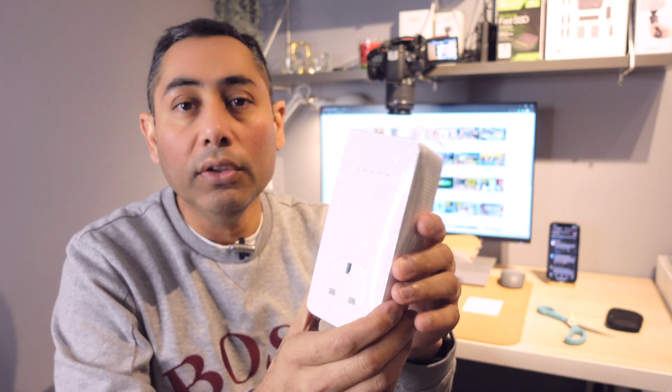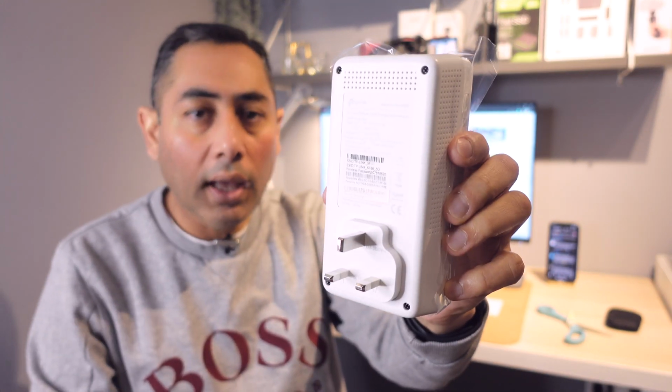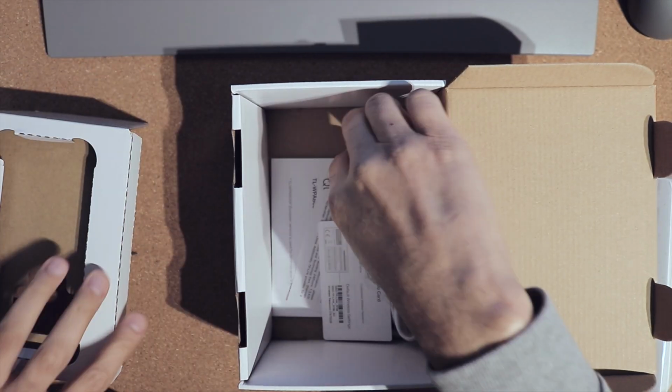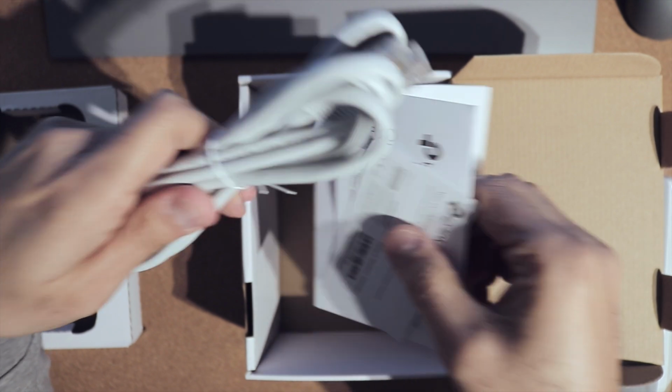So guys, the last unboxing which I did was for the TP-LINK AV1300. That was the WPA8630 series. Now this is the WPA8630P. So P stands for pass-through, and this is the plug. And let's check out what else comes in the box. So guys, in the box, if I just remove this shell, you do get an RJ45 cable and some other leaflets, right? It's always handy to keep this RJ45 cable because you might be having a lot of other RJ45 cables, but you can use this